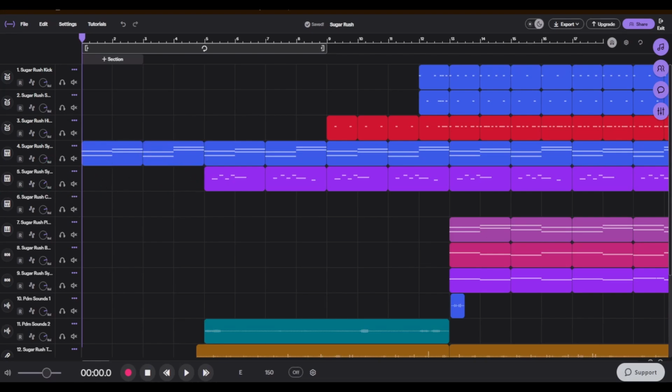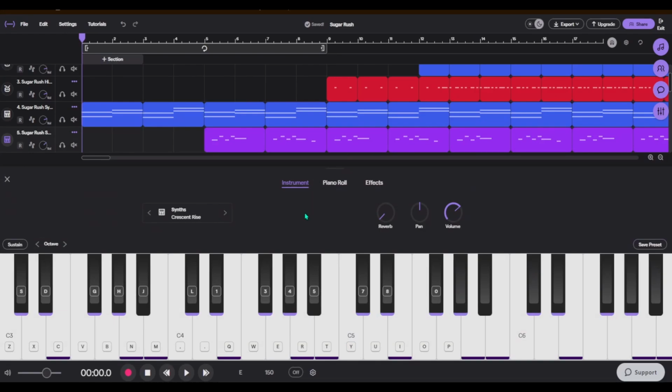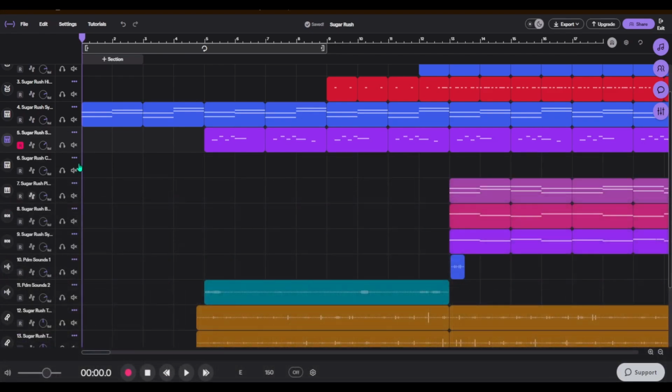So I started off just by creating a little melody. I picked a key and BPM, and I just started playing around, and I found a cool little melody and started to build things around that. By the way, if you ever want to recreate this song,